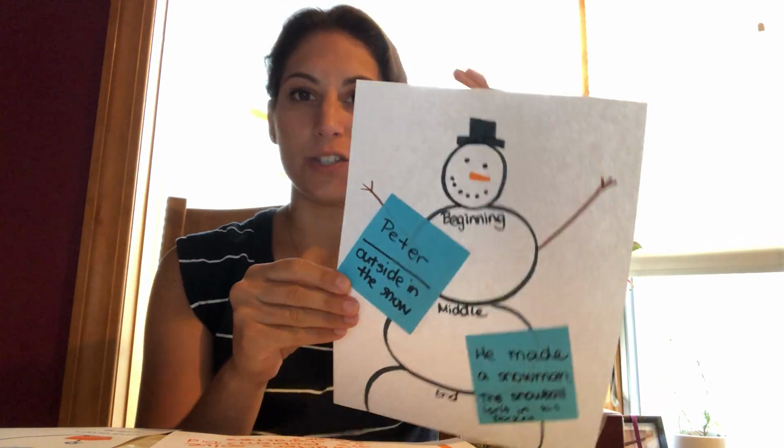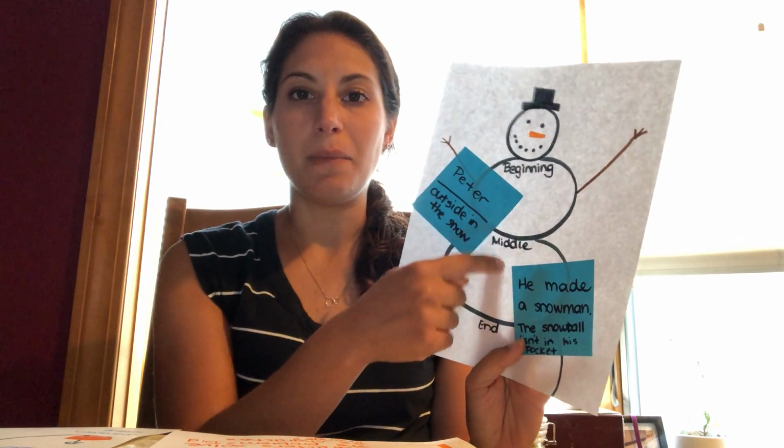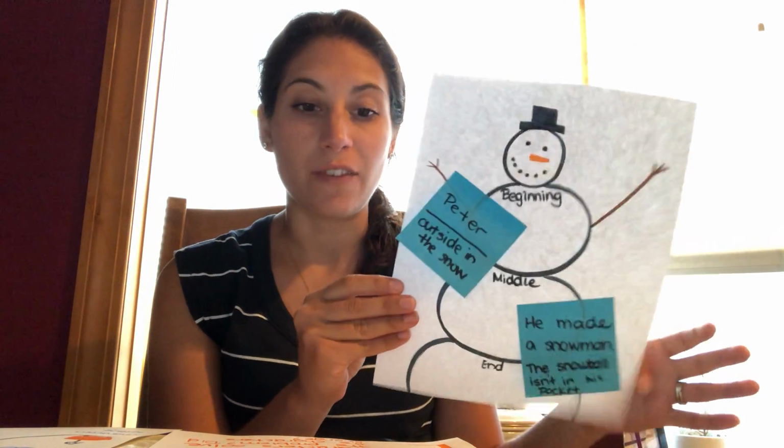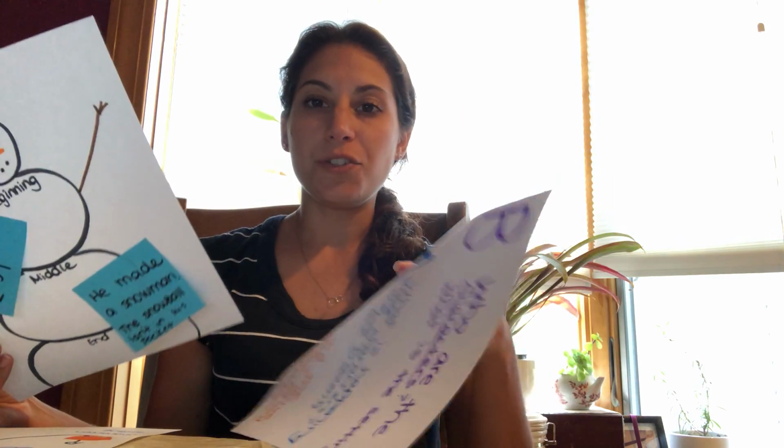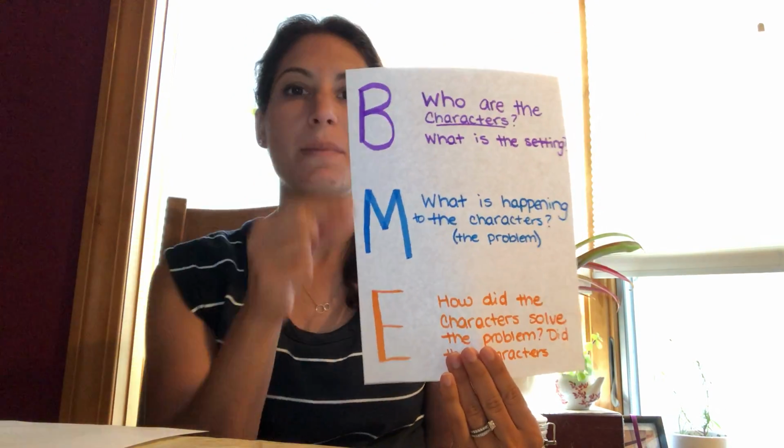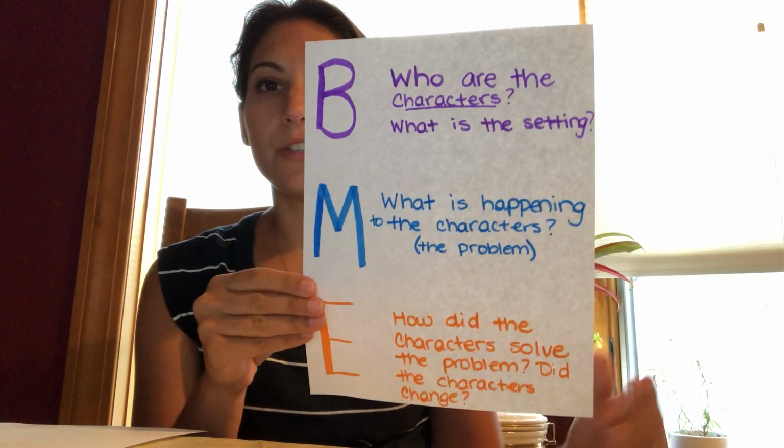Some of the questions I'll ask is, what does Peter do when he wakes up in the morning? This will lead students to identify the beginning of the story. He wakes up and he sees snow outside. So then, as we're reading, we're going to have the students identify the beginning, middle, and end of the story using this graphic organizer. Also, throughout the story, I'll have this anchor chart posted, the BME chart, which tells students